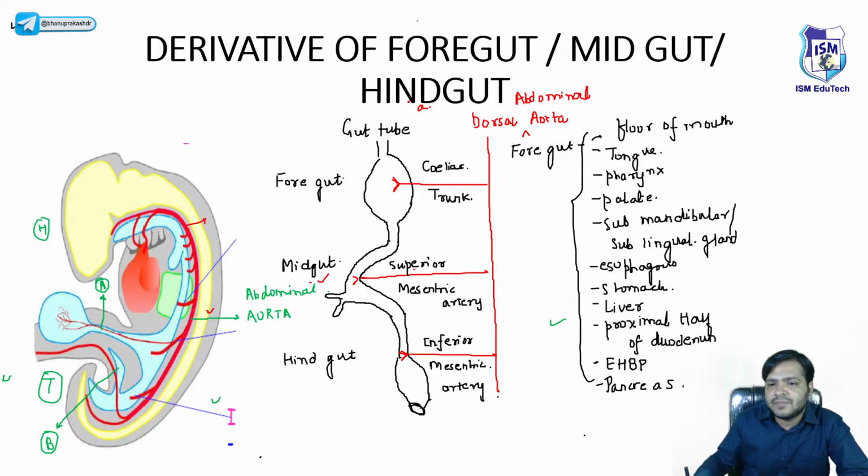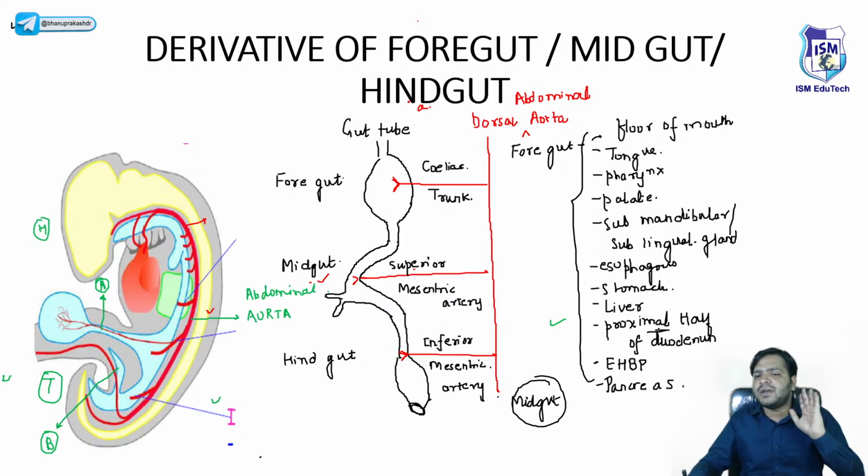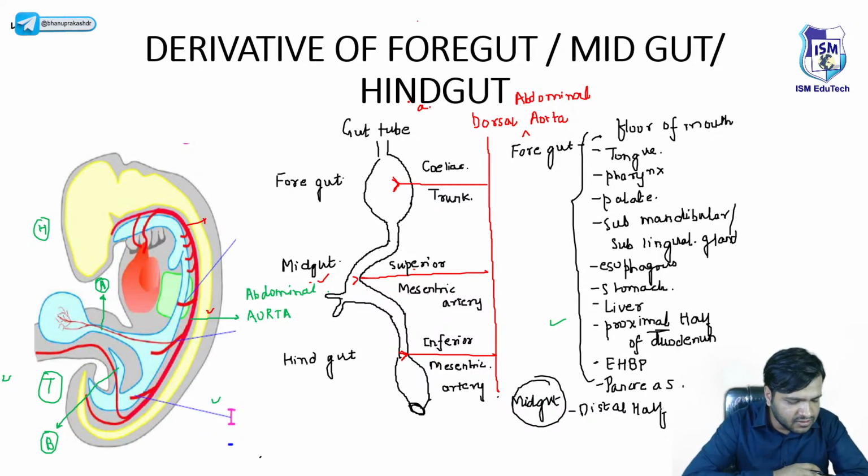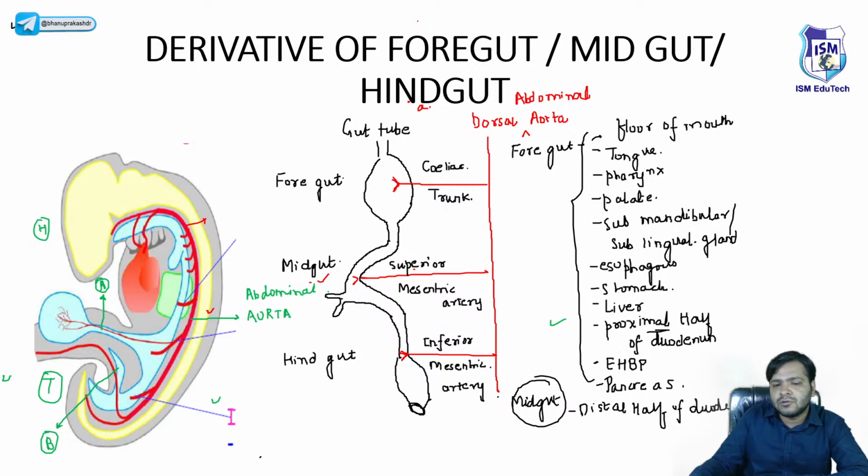Now, when I say midgut, guys, I'm writing it over here. Midgut. अब खुद ध्यान से देखो स्टमक के नीचे क्या आएगा, ड्यूडेनम है, ड्यूडेनम का proximal half it is formed by the foregut. Okay, so the distal half of the duodenum, जो स्मॉल इंटेस्टाइन के पार्ट्स होते हैं, स्मॉल इंटेस्टाइन के कौन कौन से पार्ट होते हैं, duodenum, jejunum and ileum. So we have the distal half of the duodenum, then we have the jejunum, then ileum,